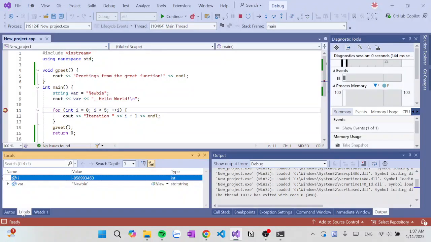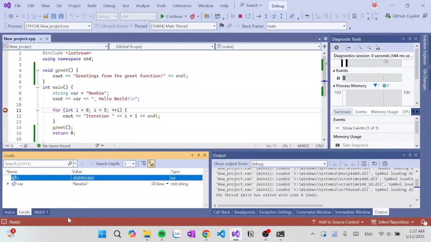It will display all variables within the current scope of the debugging session. Here I only have one scope, so the locals window is the same as the autos window. But when you have multiple scopes, then the locals window will actually show its value.